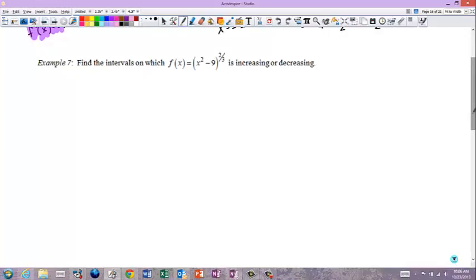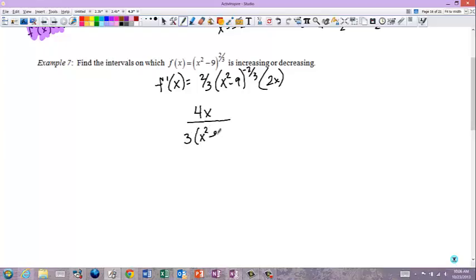Alright, let's do this one. This one's a little bit harder. F prime of x equals 2/3 times x squared minus 9 to the negative 2/3 times 2x. If I simplify it down before I try to set it equal to 0, I would get 2 times 2 is 4x over 3 times x squared minus 9 to the 2/3, which is the same as 4x over 3 times the cube root of